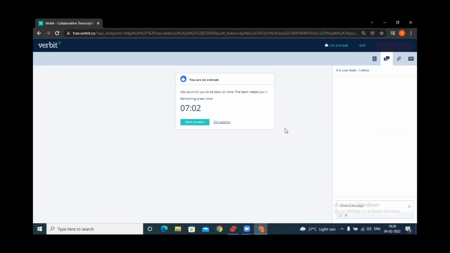When you are on the break, the countdown will start for the minutes that you have accumulated, and once they're over, you will need to return to the session, but you can also decide to return to the session before your time on break is over, and the time will still remain on your deck if you will want to use it again in the future. But also, again, you can decide to exit the session using this button.